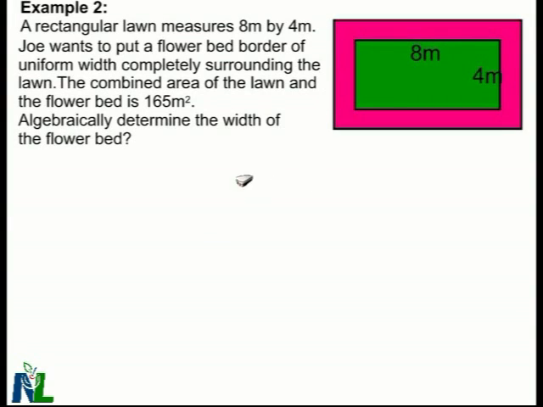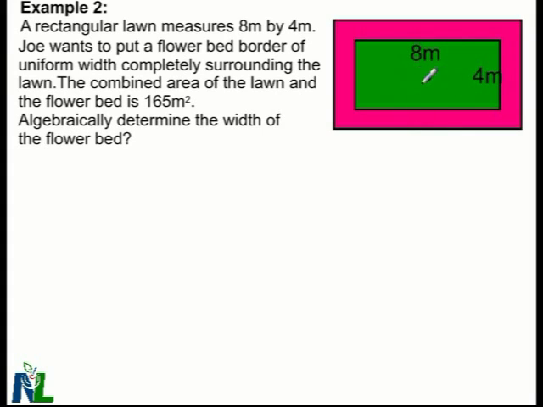In this example, we'll have to create a quadratic function that models the situation in the word problem. So please take a moment to read the word problem before we begin. Having read the word problem, we can see that we've got a rectangular garden that measures 4 meters by 8